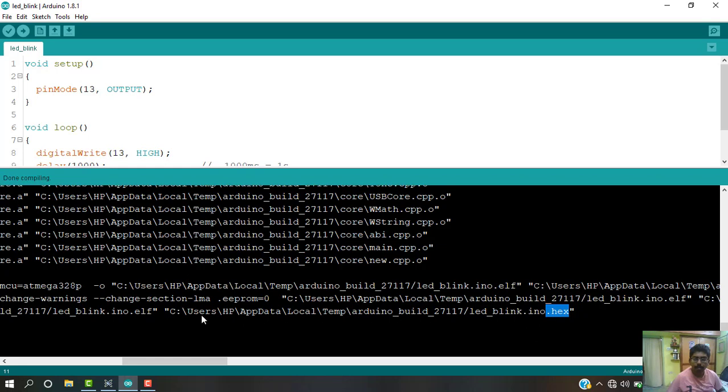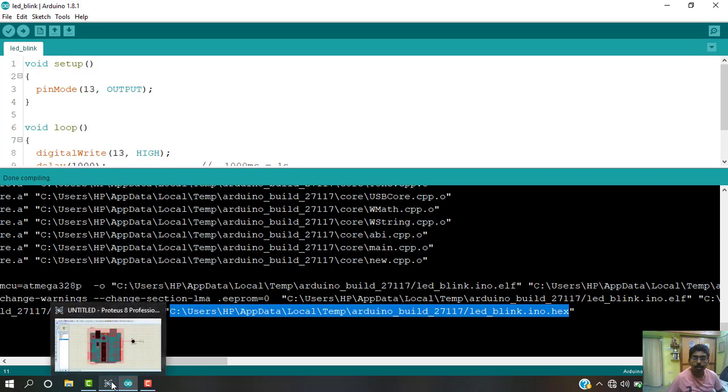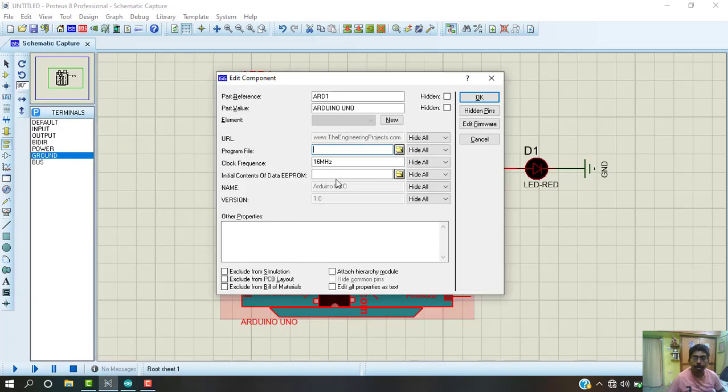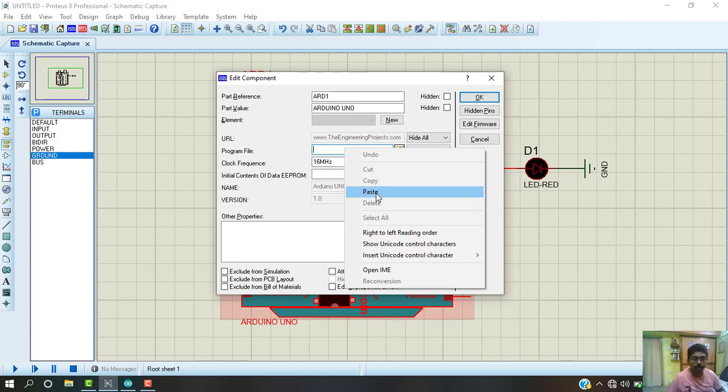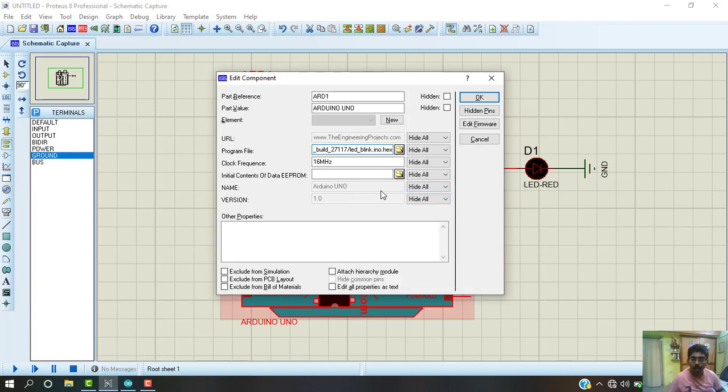This is the hex file. This is the path of the file. Select the path and then press Ctrl C to copy, and then return to Proteus and paste over here. Okay, this is the hex file that we copied, and then select OK.